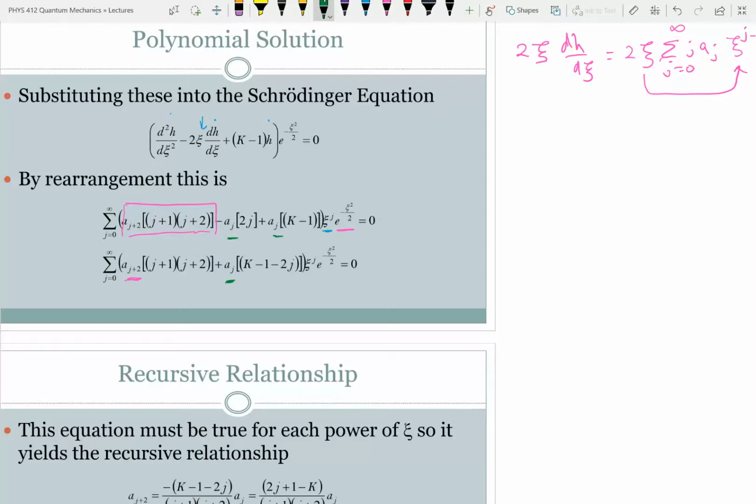So we combine the a sub j terms and we have this thing here. Since the a sub j and a sub j plus 2 don't have to have any functional relationship, I'm going to have the coefficients of each one independently go to 0. So I'm going to have,